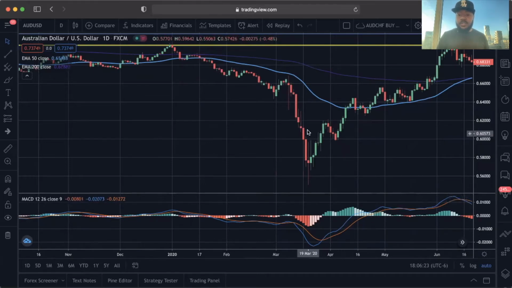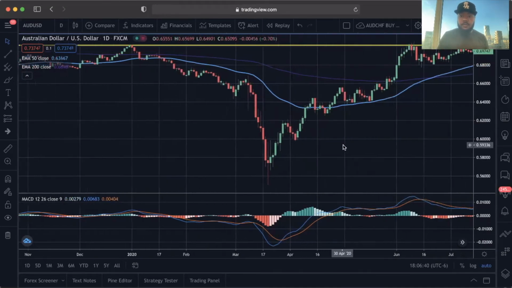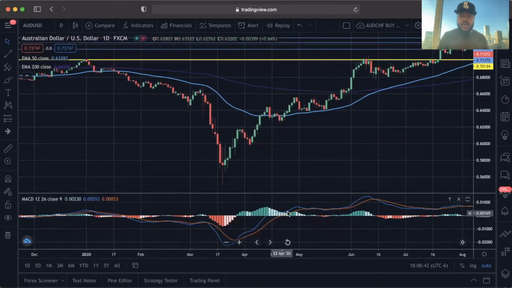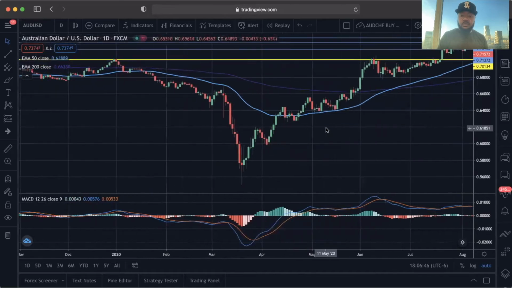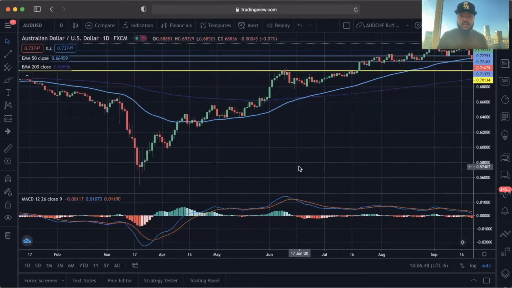So for example, here, as you can see, the red was over the blue, and this was an indication of the downtrend. And then about right here, the market reversed and momentum changed. So the blue crossed over the red, and then the market went on an uptrend. Then it crossed the histogram with the blue still above the red. And as you can see, the market continued its uptrend all the way until about roughly,